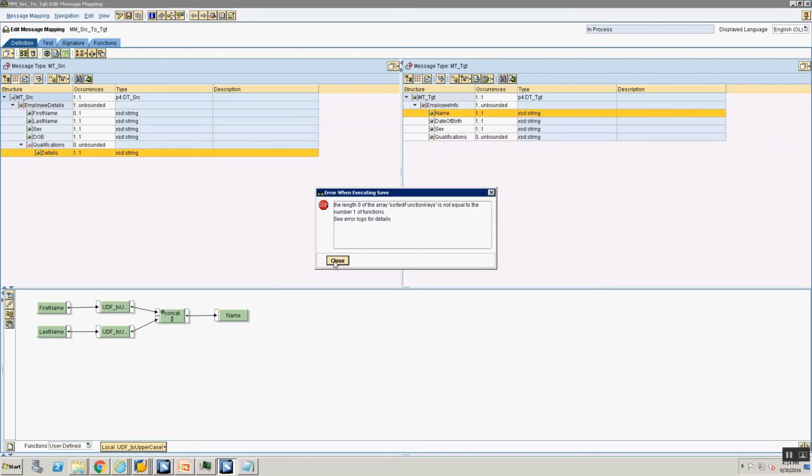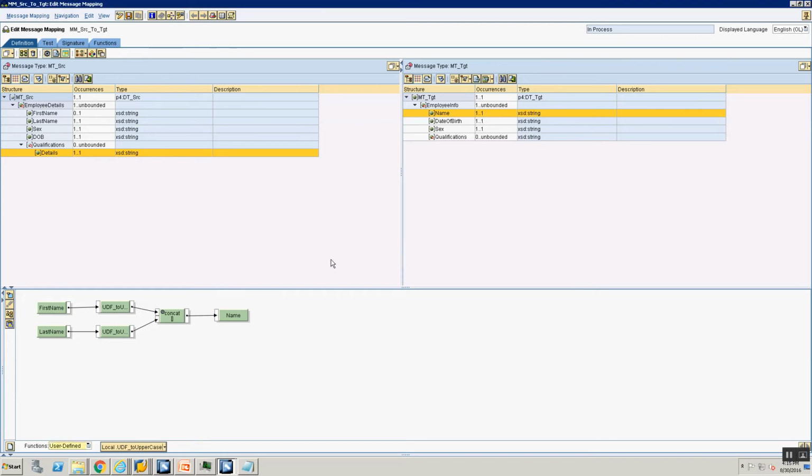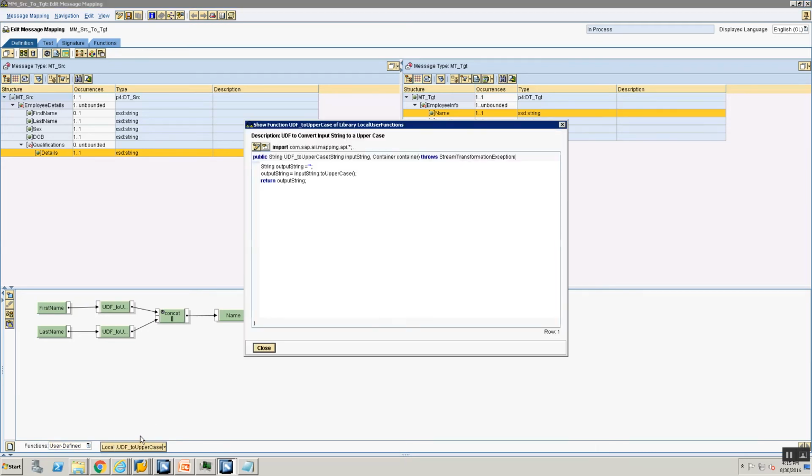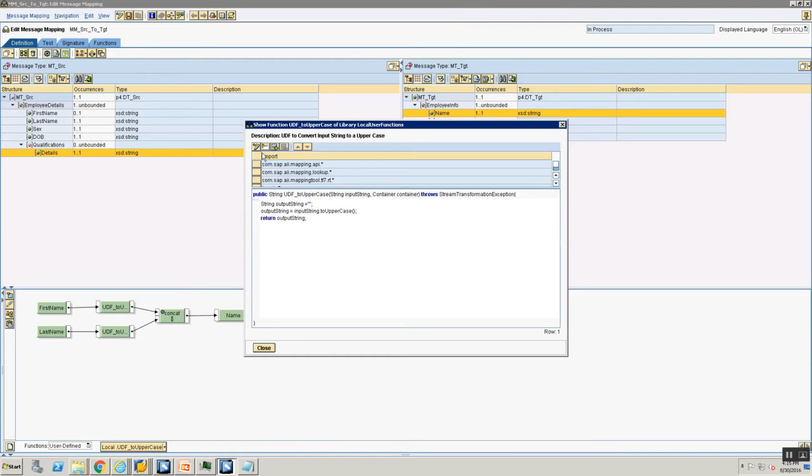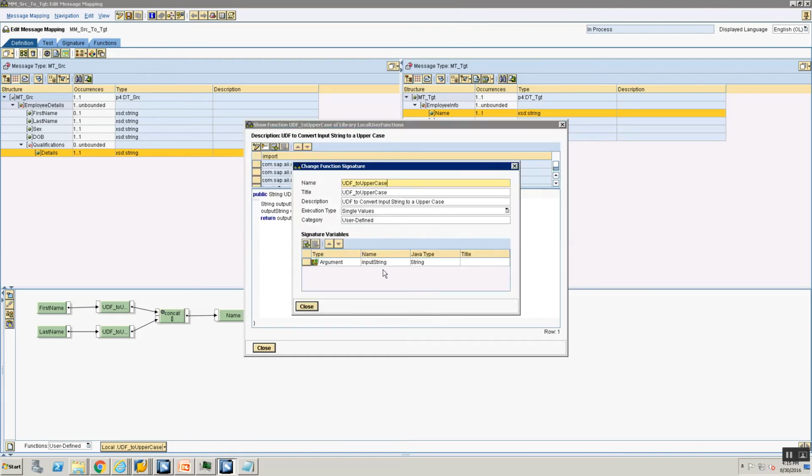What is this? The length of the array startup functions is not equal to the number of functions. See error log for details. So let's look at that, right? Something is wrong with our declaration, so let's have a look at our declaration. Okay, here as well we need to give a title. I think that's the reason. So let's go ahead and put a title here and say okay, close,